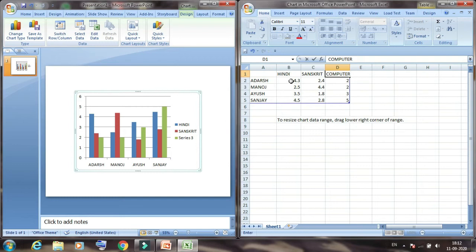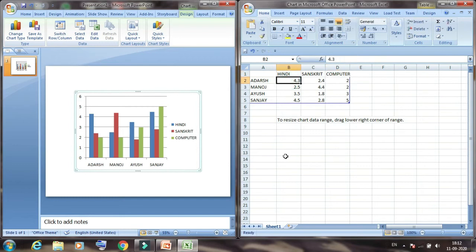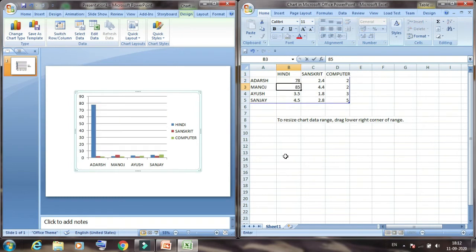Then you can simply write the marks of Hindi: 78, 85, 78 and 89. When you enter the marks, the bars automatically increase, and the axis values also increase, up to 19.